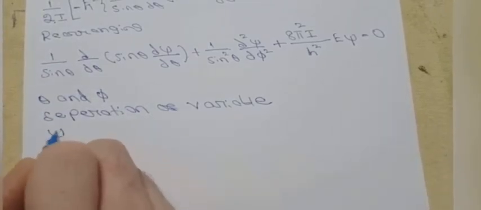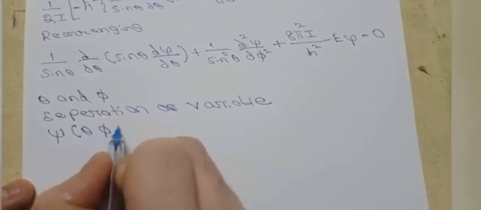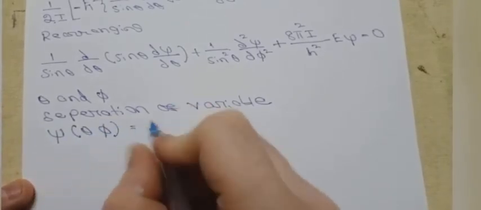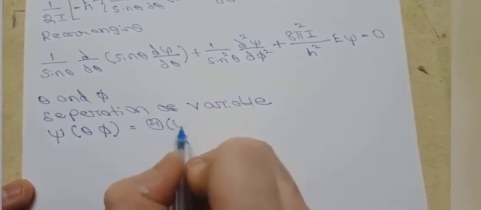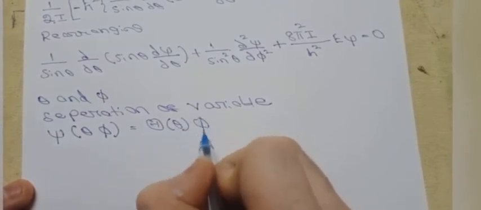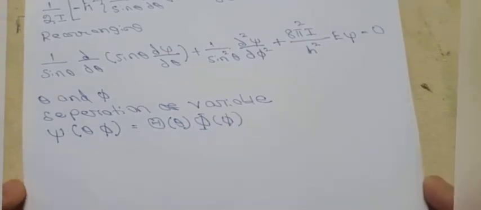Therefore xi of theta phi is equal to theta of theta times phi of phi. So substituting in the above equation,